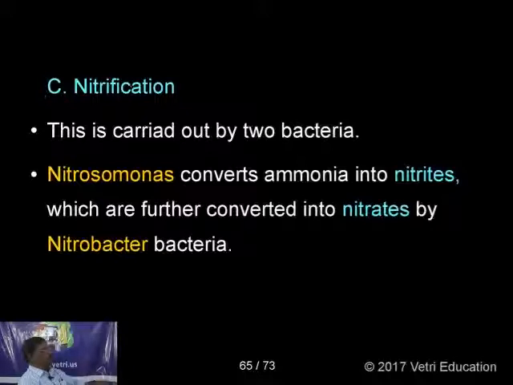In this, ammonia is converted into nitrites by Nitrosomonas bacteria, and nitrites are converted into nitrates by Nitrobacter bacteria. By these two functions, ammonia is converted into nitrate. Plants take nitrogen in the form of nitrates. Okay, then